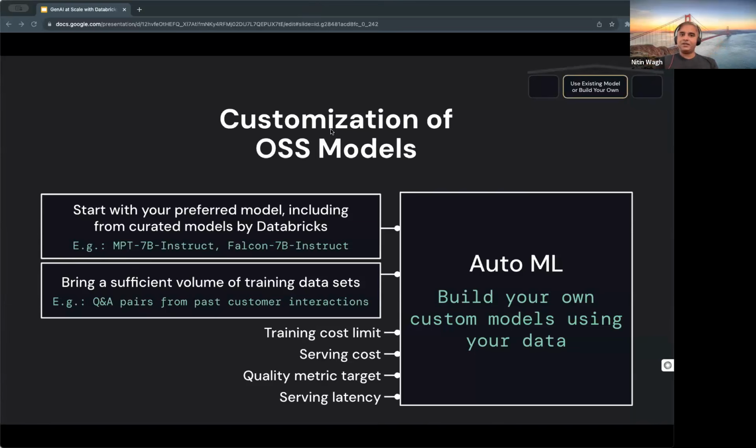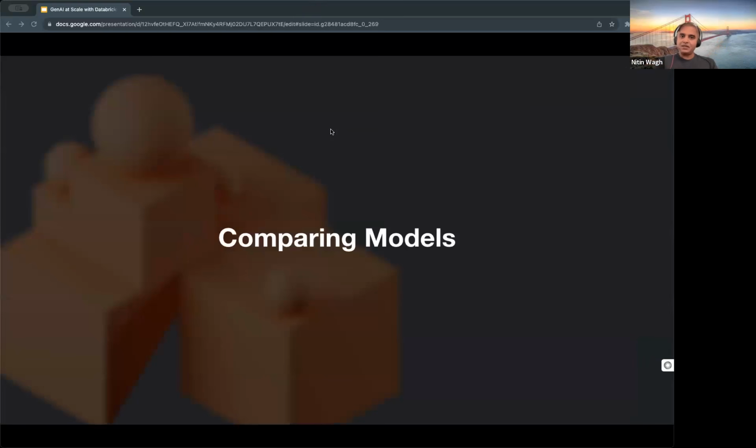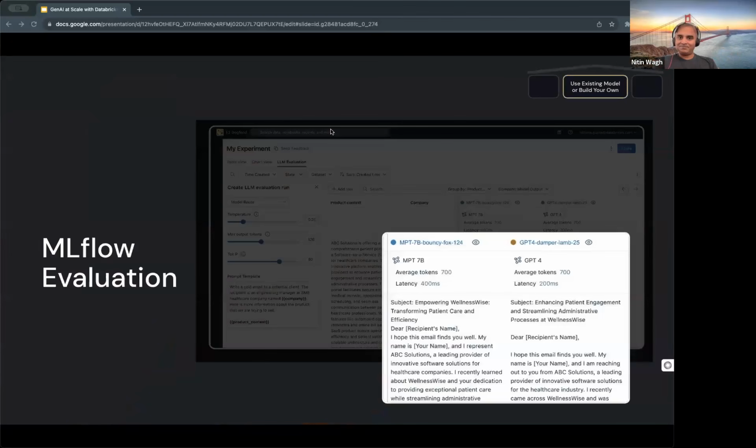Okay. Next slide, please. Now, what about comparing models? This is a very active problem because everybody wants to understand which model is better for my particular domain and my particular problem area. So, next slide. Yeah, so MLflow is our MLOps platform. It's also available in open source. So we are adding a lot of capabilities into MLflow. We have recently added in MLflow 2.7 MLflow evaluation, where you